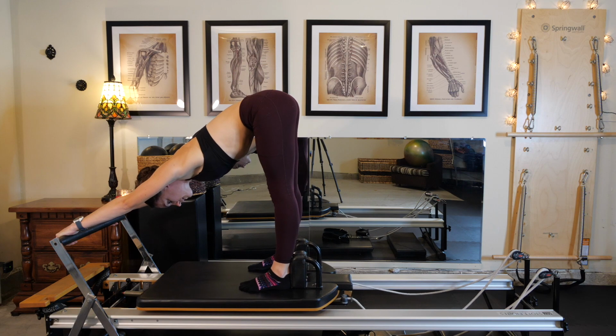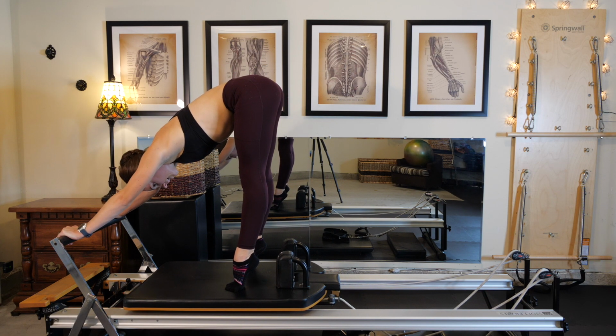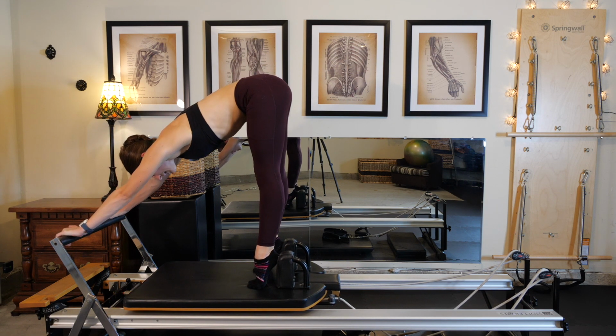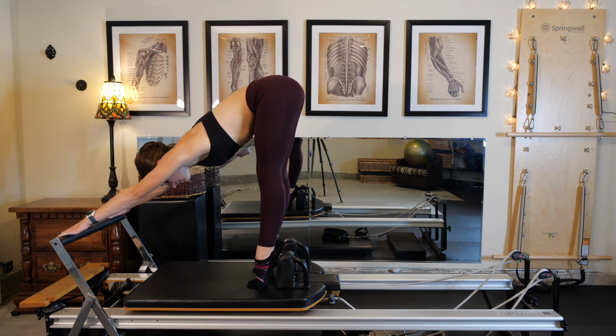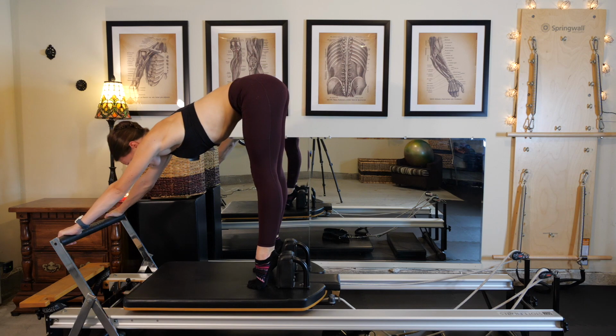Okay, now we're going to take this into what's called up stretch. We're going to lift the heels up high, scoot the feet back so that they touch the shoulder blocks. If you have tight hamstrings, bend your knees a little bit. If you can manage to keep them straight, that's awesome too. Shoulders are way back of the bar, and the first thing we're going to do is then come forward into